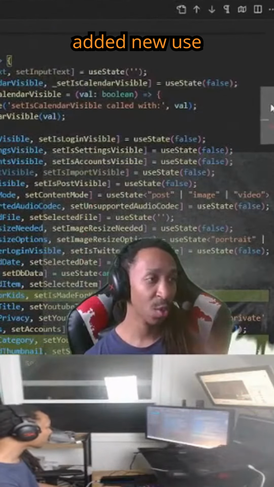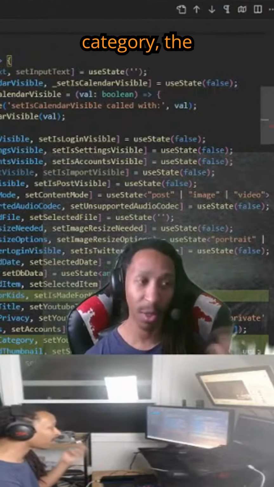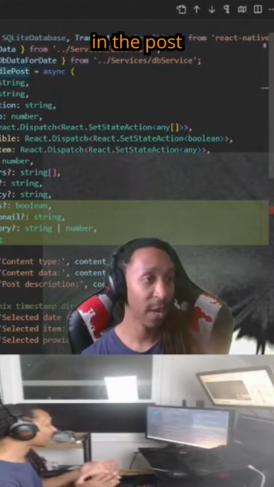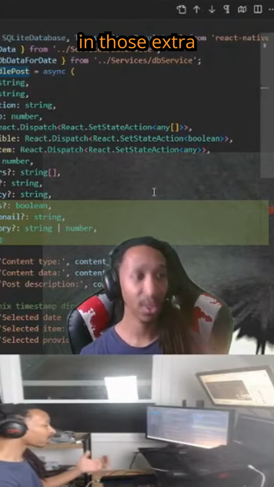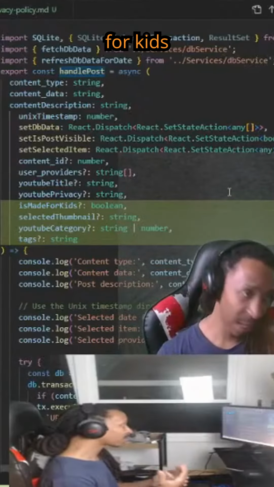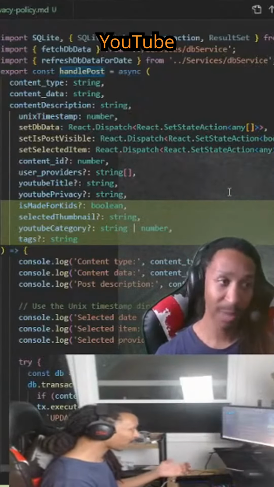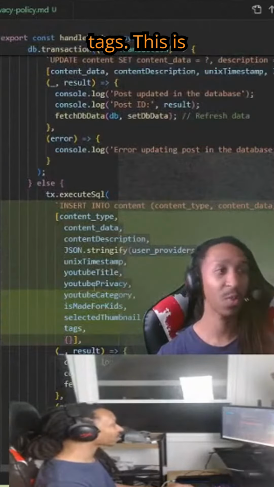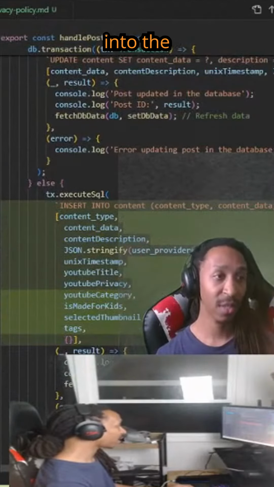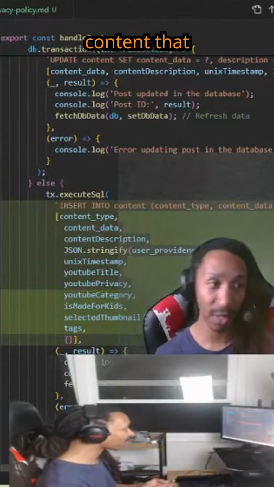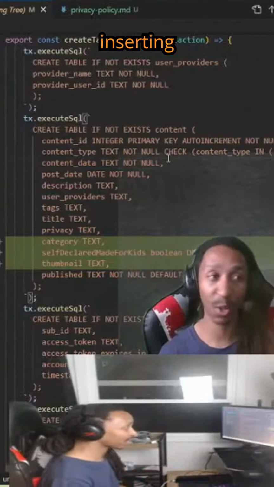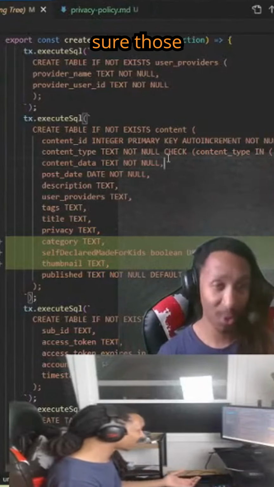I basically added new use effect states for the category, the thumbnail, and the tags. So in the post file helper, in the handle post, we added in those extra variables. Again, is made for kids, thumbnail, YouTube category, the tags. This is when we insert this information into the database that will house that stuff along with the content that we had before. And now since you're inserting those things into the database, I had to make sure those columns